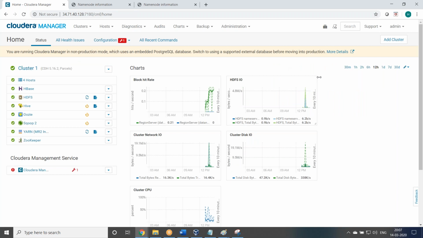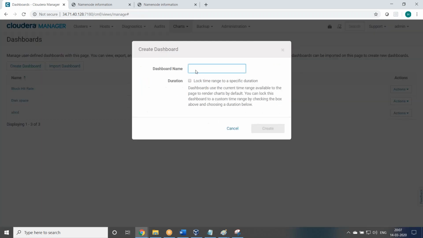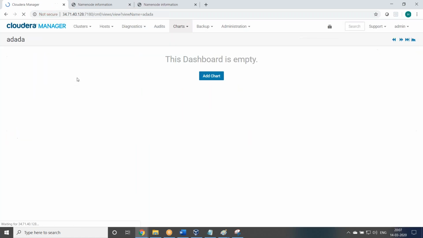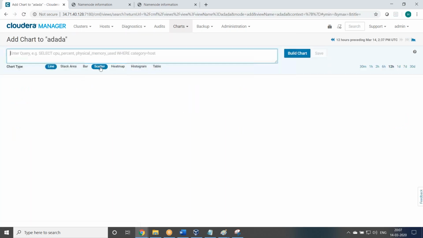So that's what I'm saying. Try all the options, whatever options are available here. See, if you see charts, we have multiple options. Create a dashboard and give some name, create. Select all the options. Go to here, add a chart. You can type something, select.